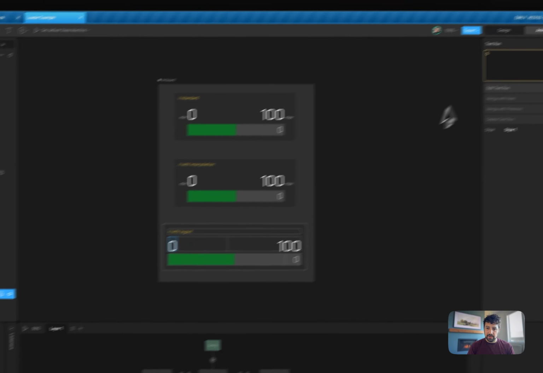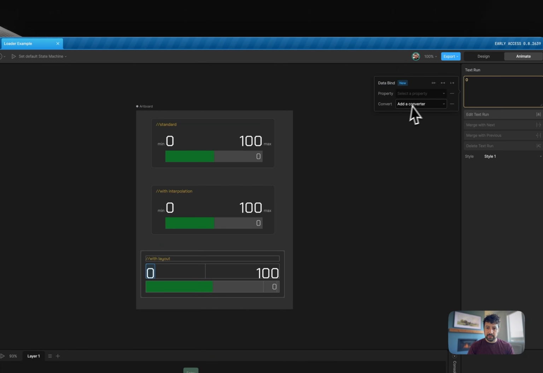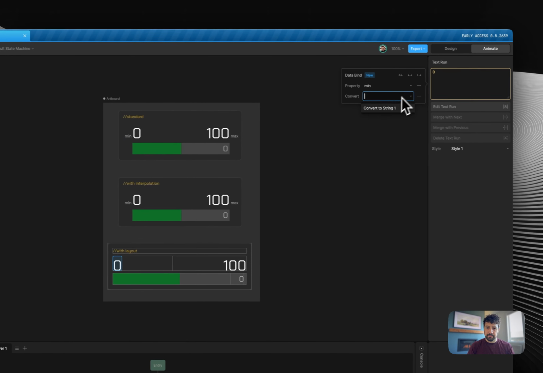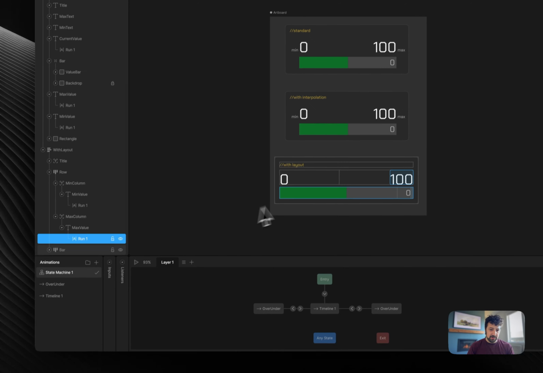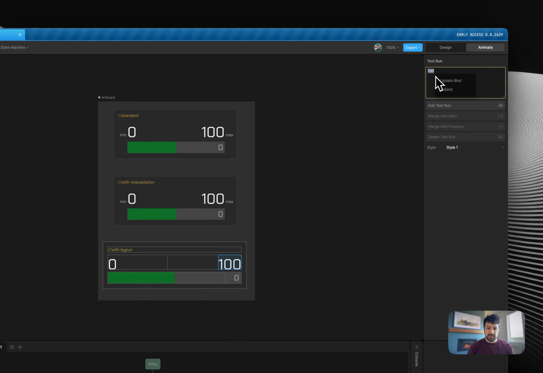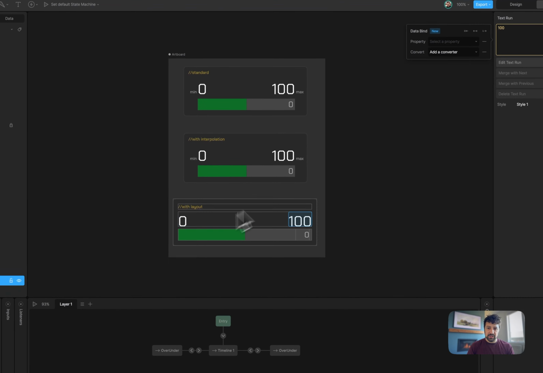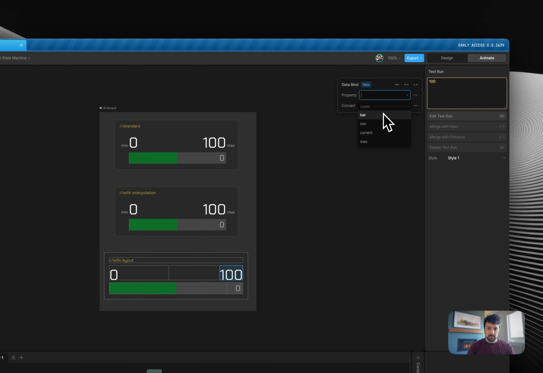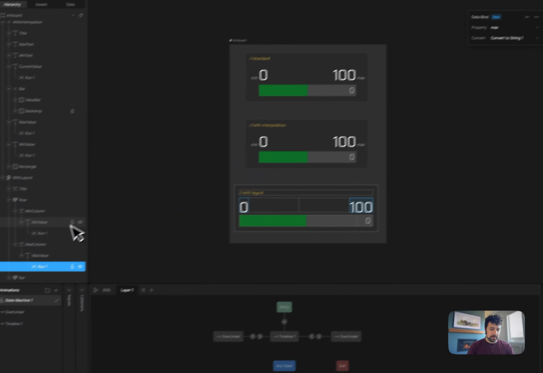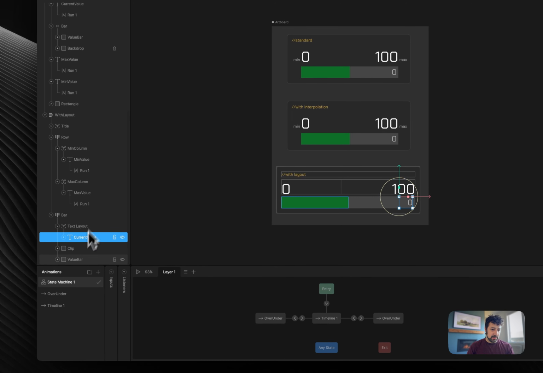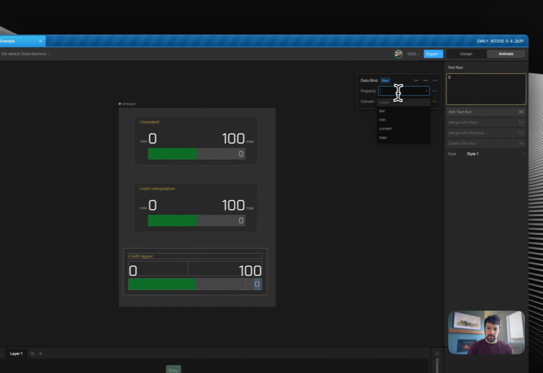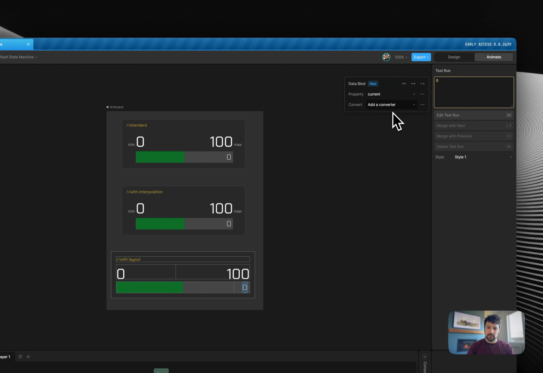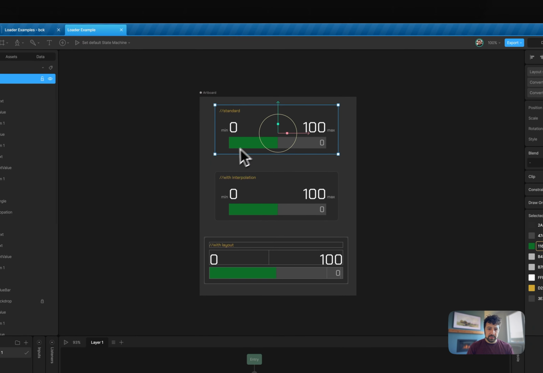Okay, so we got our min value here. Update our bind, min, convert, and max. So just so you are aware, the layouts just means it's responsive, so you can adjust this as you want, and it will show you the correct data. So max, convert. Okay, current value, update bind, current, and string. Okay, so now